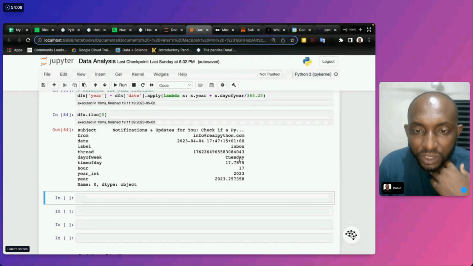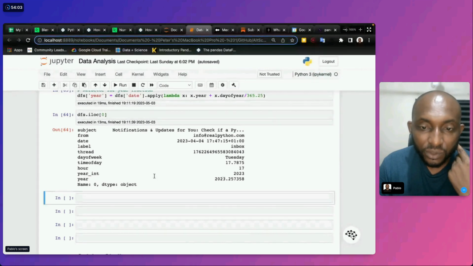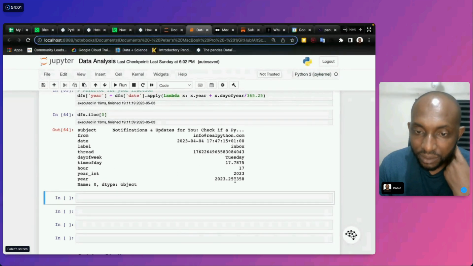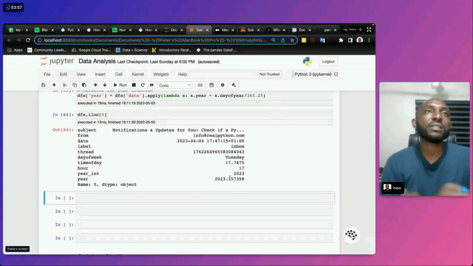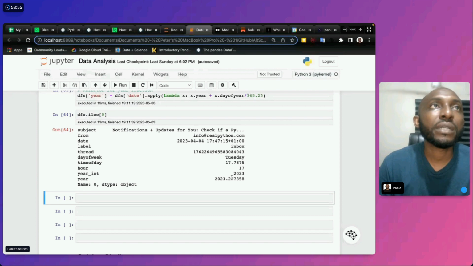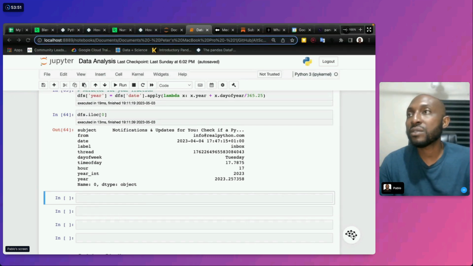I don't know why it switches to this, but the hour is 17, so it's 5. The year is 2023, and some integers come with the very date. It brings all these things into perspective.